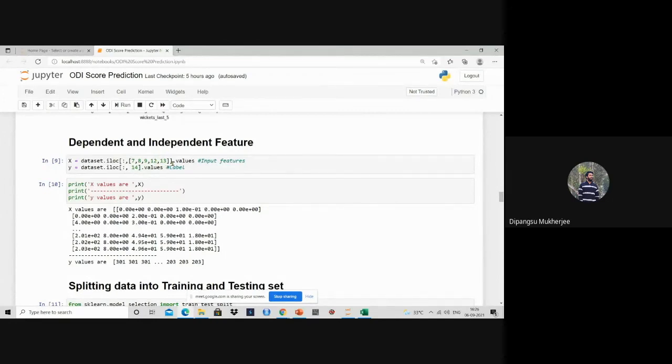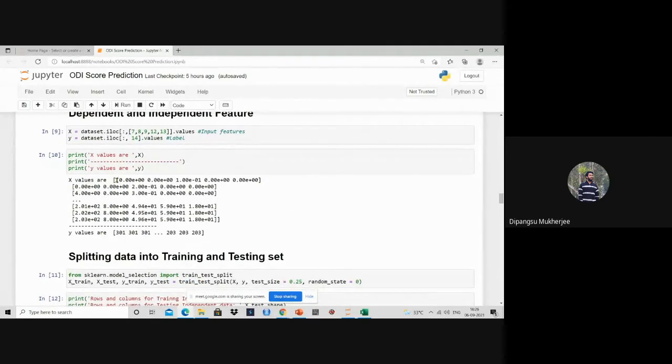Based on these values, we will predict our target, that is dataset.iloc 14th column, with .values because we want to use the values from this column. If we just want to print the values, print of x values are x, and print of y values are y.